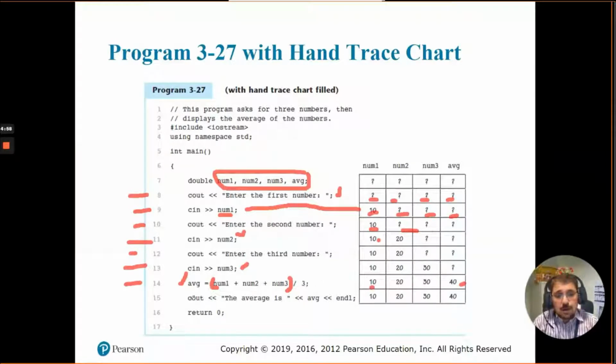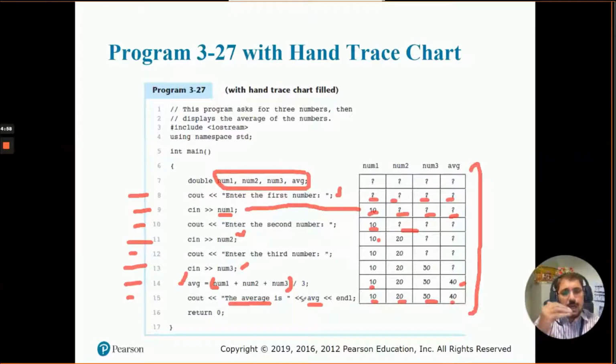Okay, so at line number 15 you see this is a message, and then we just display the value, but the values of variables are still the same. So you see we create this table exactly line by line like the program will work.